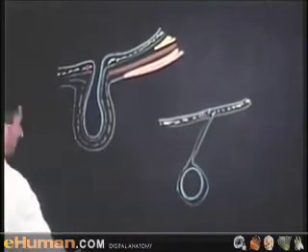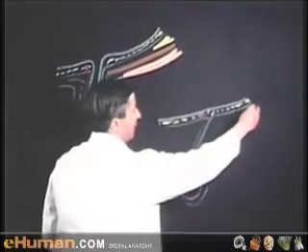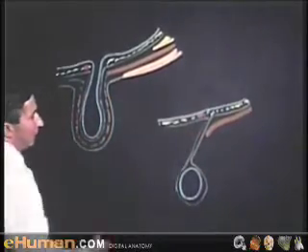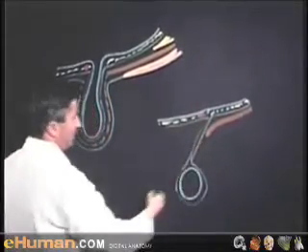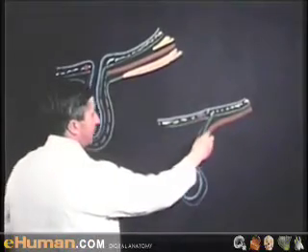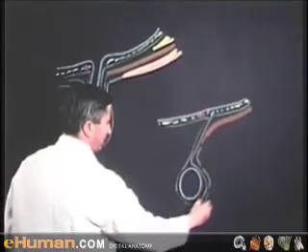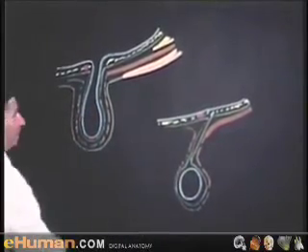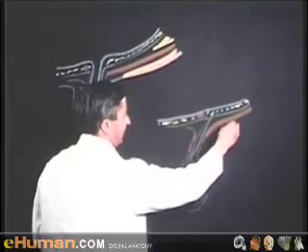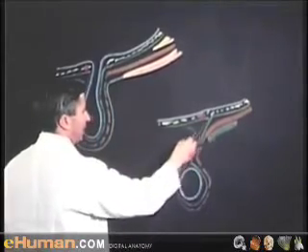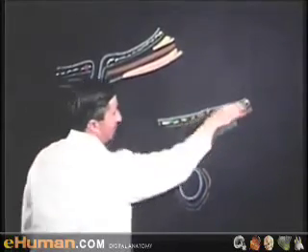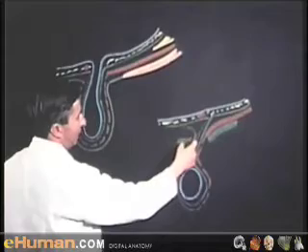And now we put in the internal oblique, and the internal oblique is actually overlapping the front of the processus vaginalis and giving rise to the cremasteric fascia. And finally, we can put in the aponeurosis of the external oblique coming across and having the opening in the superficial inguinal ring. So the deep inguinal ring here is slowly moving laterally, and the superficial inguinal ring is remaining